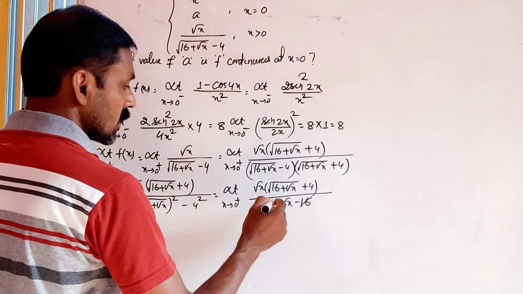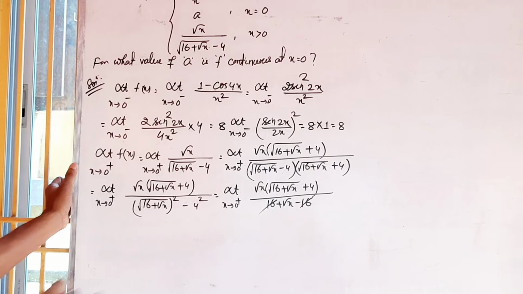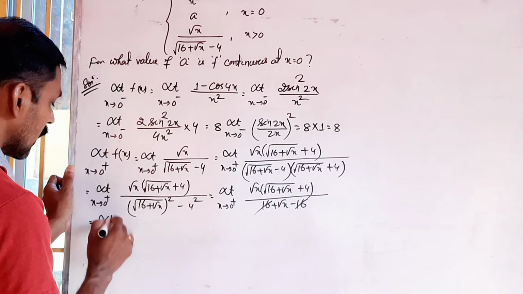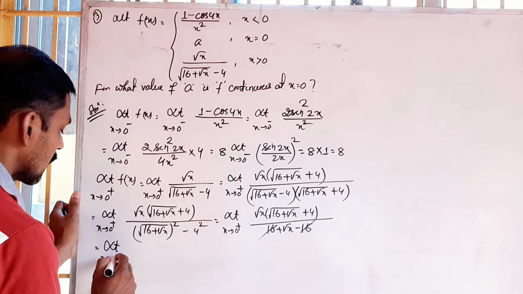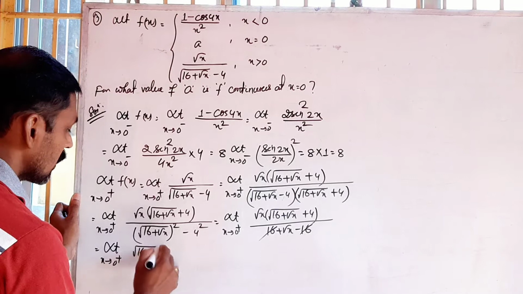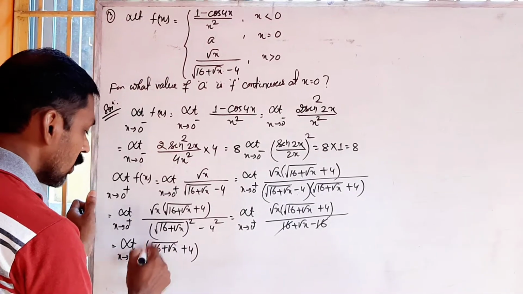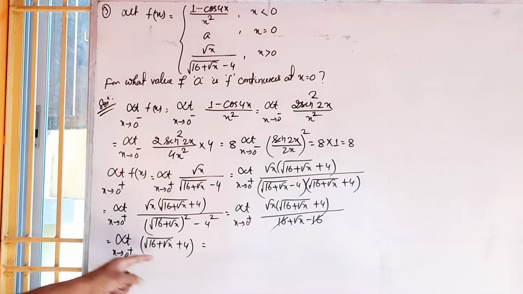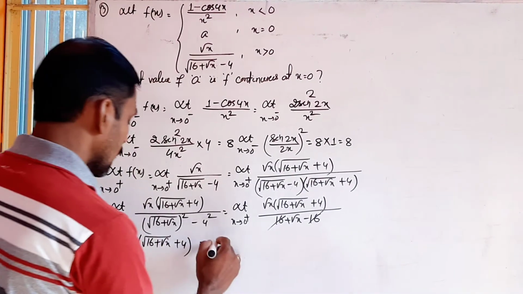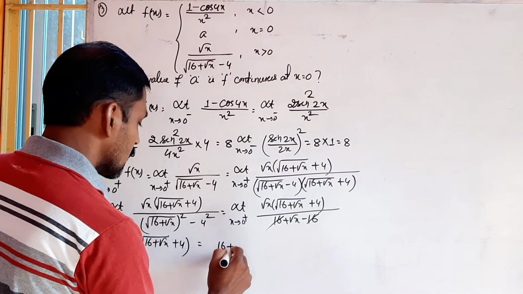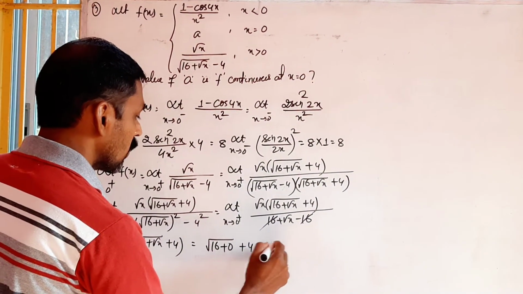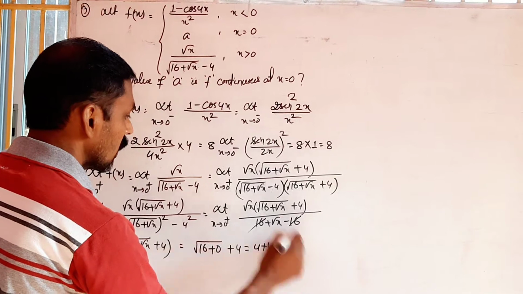I have plus 16 minus 16 cancel. Denominator is only root x. So these two root x from numerator and denominator will be cancelled. So it is x tends to 0 plus of 16 plus root x whole root over plus 4 only. Now again it is an algebraic function, so you can put x equal to 0 directly. So it will become 16 plus 0 root over plus 4. So it is 4 plus 4 is equal to 8.